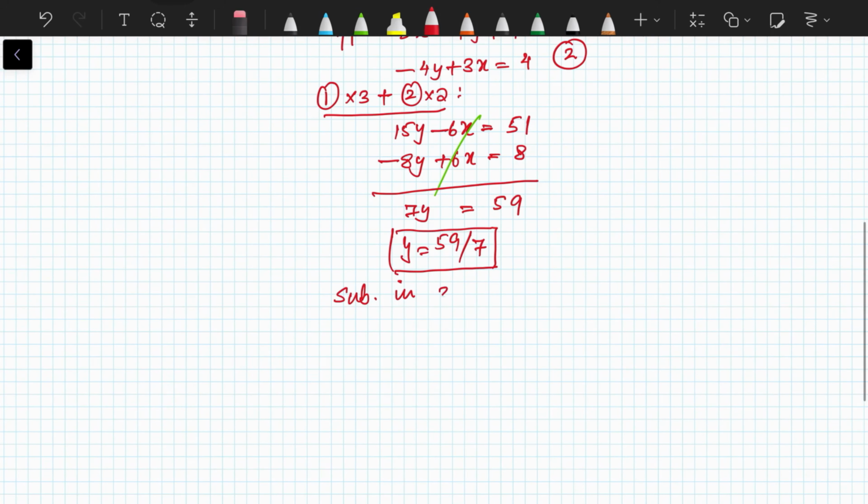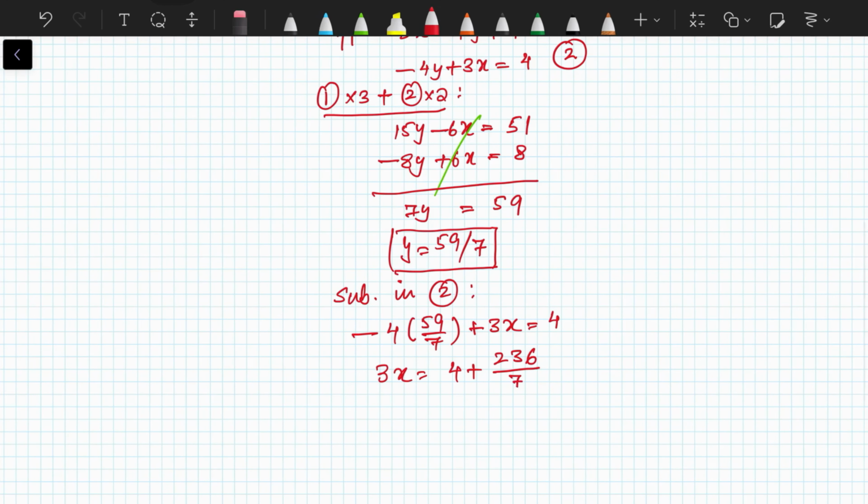So negative 4 into 59 over 7 plus 3x is equal to 4, or my 3x is equal to 4 plus 4 times 59, that's 236, divided by